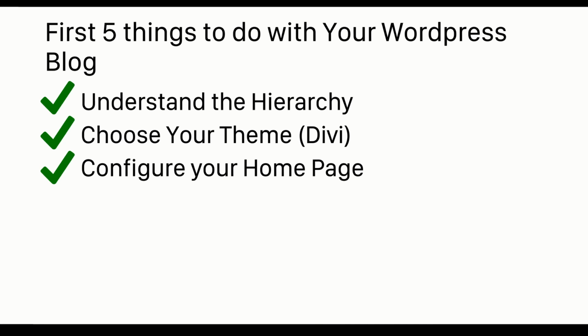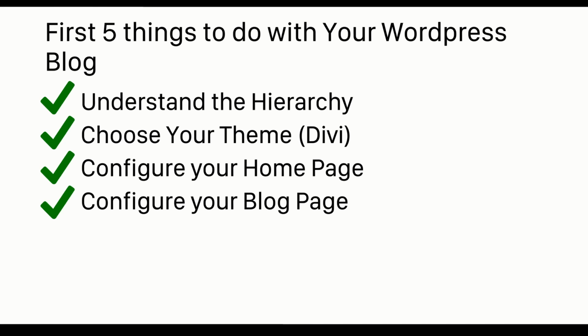The next thing we did was configure the homepage. Again, we used Divi and we created the homepage. We went to the WordPress dashboard, we added the new one, and we loaded an existing template from Divi so that we could build off of that. We could change any of the text, any of the images, and don't forget we used the theme customizer to configure the homepage URL. We created the blog posts and we configured it to choose the construction categories.